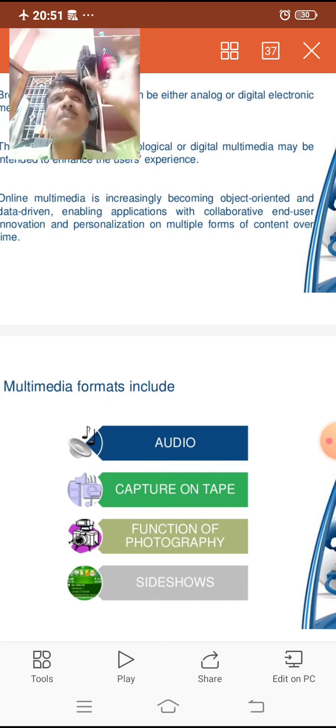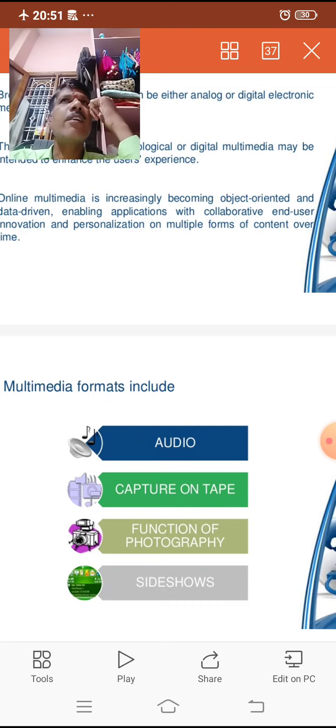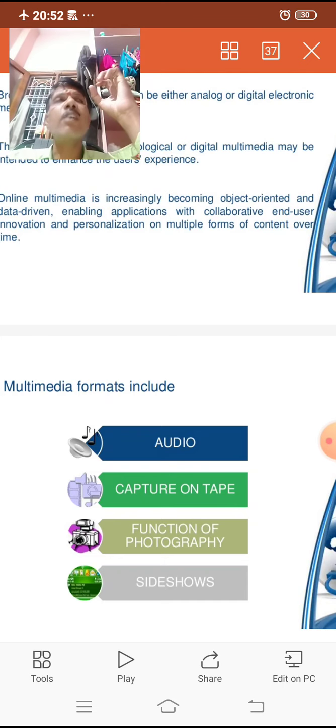Different types of advertisements can be made with the help of multimedia components, and these advertisements have audio formats, can be captured on tape, have photography mechanisms, and are provided in the form of slideshows.